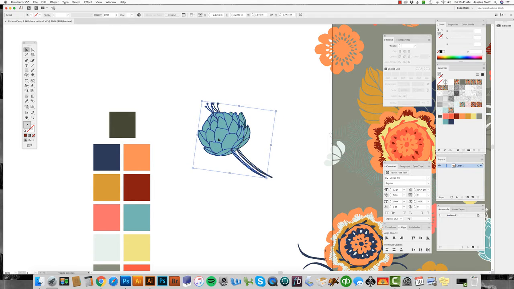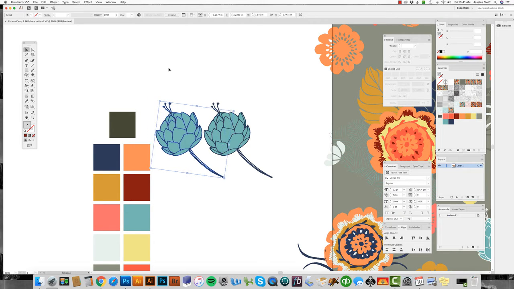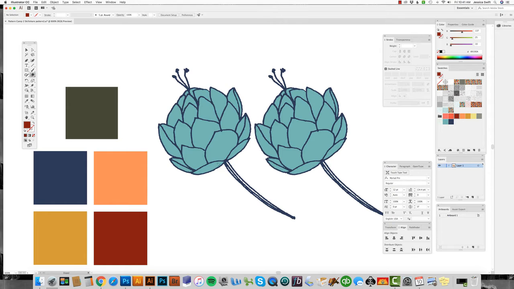Okay, and then I'm just going to move this over. And basically what we want to do now, that's too much. What we want to do now is erase everything except this stem here. So I'm going to select the eraser tool over here in the toolbar and zoom in and simply get really close to that stem and just start erasing. So basically I just want to disconnect the stem at this point so nothing else is touching it, and then